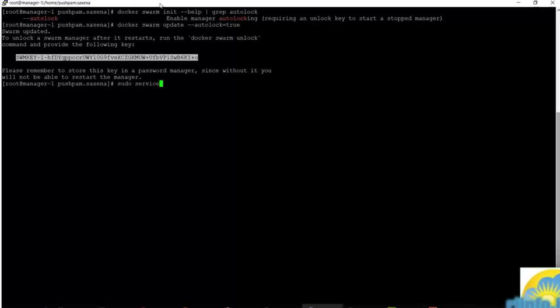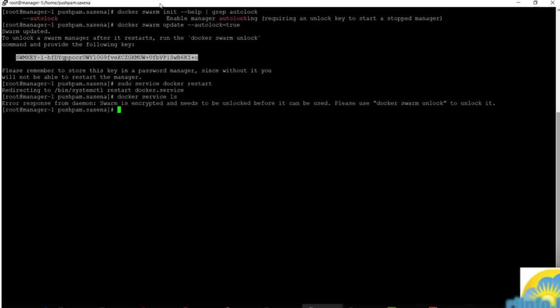So let's try sudo service docker restart. And let's do the docker service ls. Okay, here we get the error that the swarm is locked and we need to unlock it. To unlock a swarm which is locked already, use docker swarm unlock command. So docker swarm unlock,